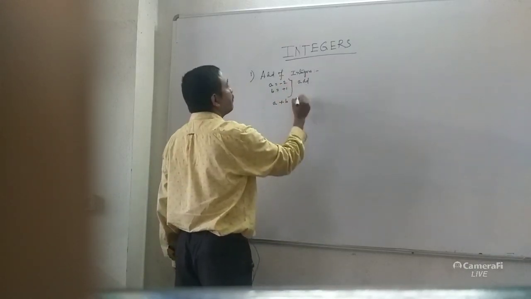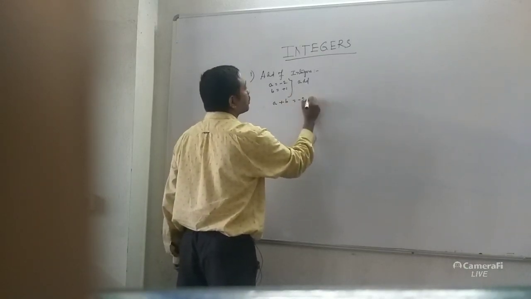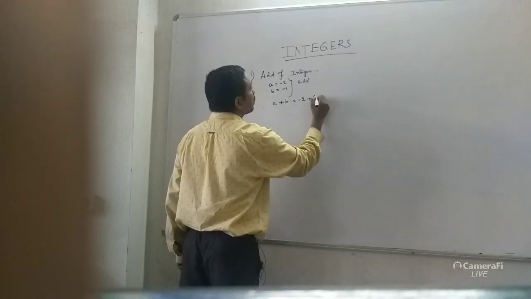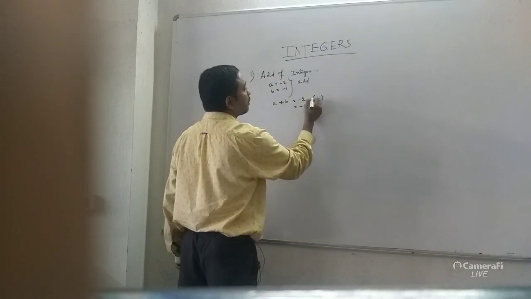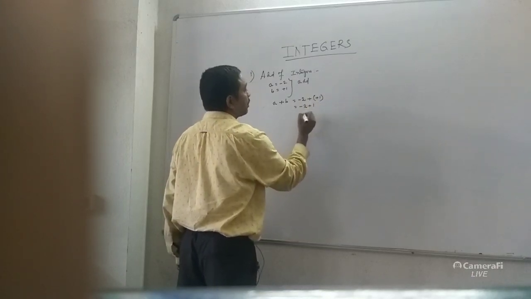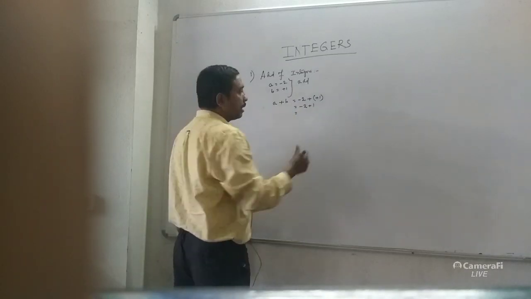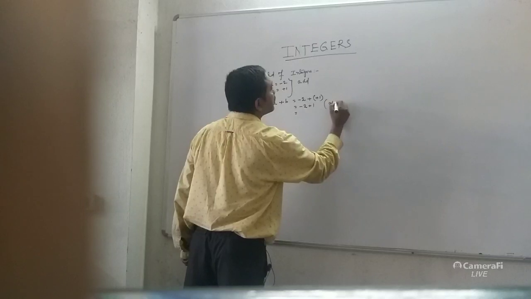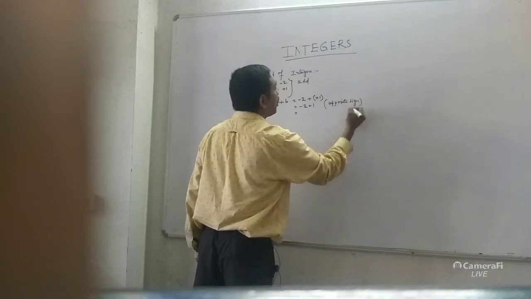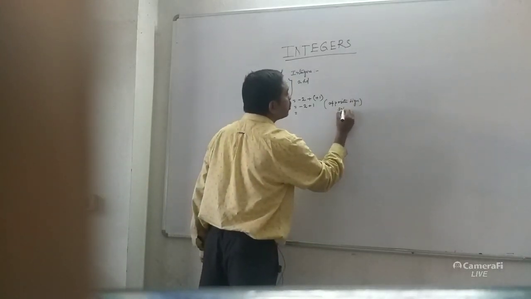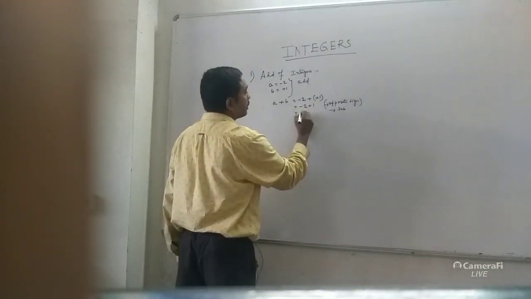Now what is the value of a? Minus 2, put the value in the right place, and b equals plus 1. So plus 1 you can write like this. Minus 2, and plus times plus gives plus sign, so plus 1 comes. Now look, both the digits have different signs, opposite signs. Whenever the signs are opposite, you do subtraction. So minus 2 plus 1.